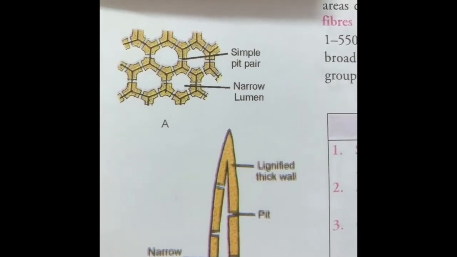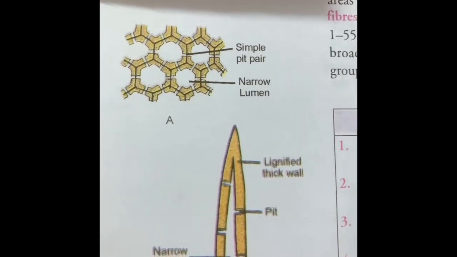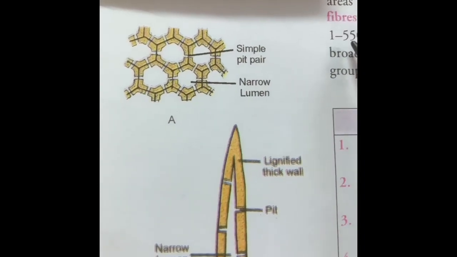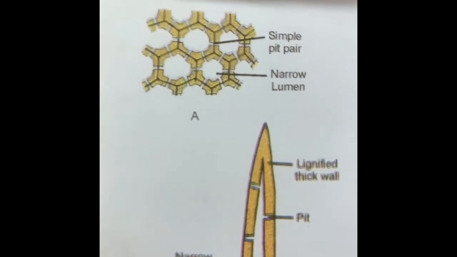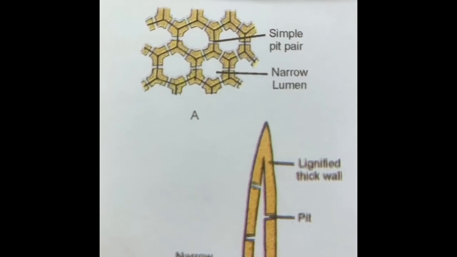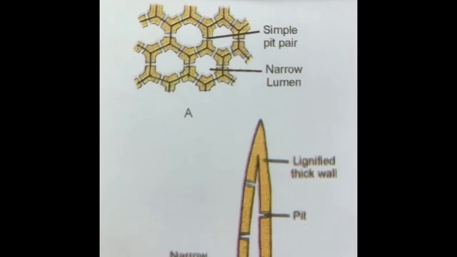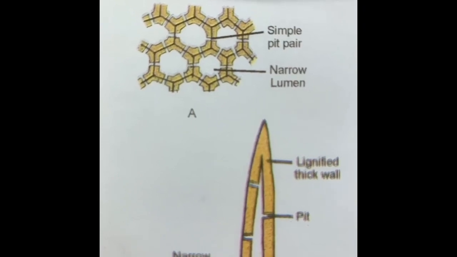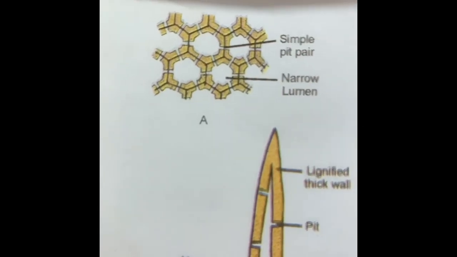Sclerenchyma is of two types. They are either fibers or sclereids. The fibers are made up of spindle-shaped, long, narrow cells that reach a length of 1 to 550 millimeters. They generally occur in sheets or bundles, and sclereids are short, broad, highly thick-walled sclerenchymatous cells which occur singly or in small groups. They are also called stone cells or grit cells. These all provide strength to the cells.